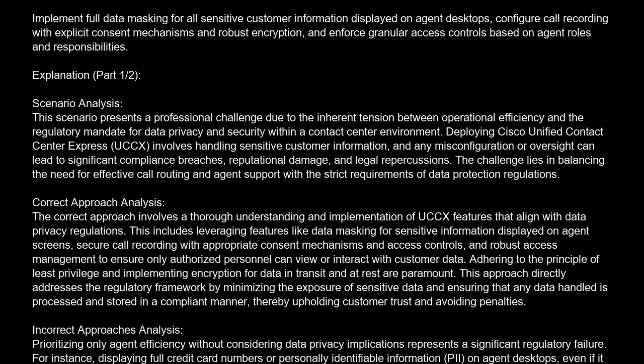The correct answer is D. Implement full data masking for all sensitive customer information displayed on agent desktops. Configure call recording with explicit consent mechanisms and robust encryption, and enforce granular access controls based on agent roles and responsibilities. Explanation. Scenario analysis. This scenario presents a professional challenge due to the inherent tension between operational efficiency and the